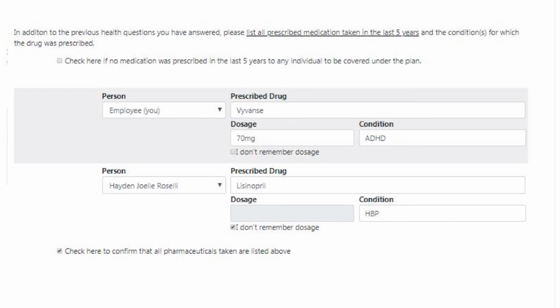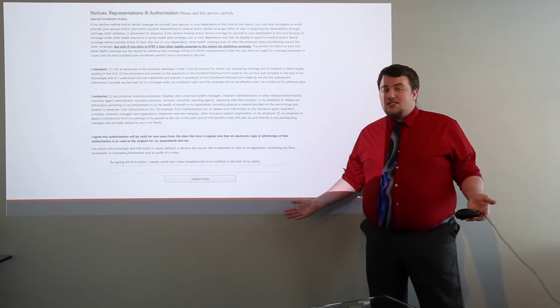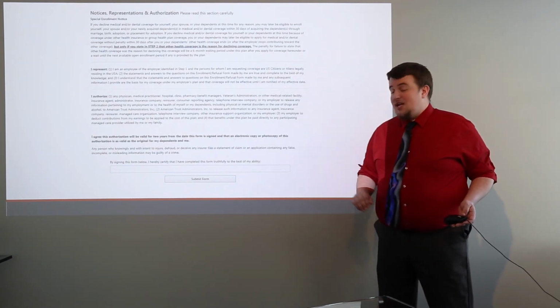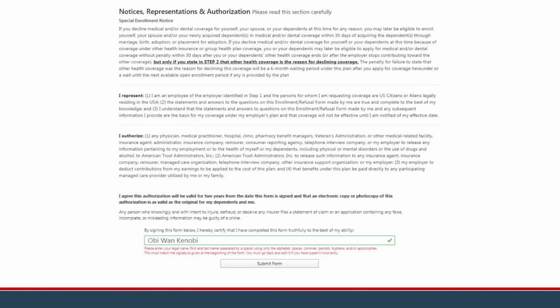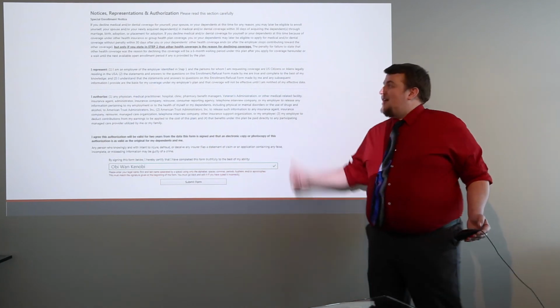Now we get to the end of the form, and it's going to have the same legalese that we have on our paper form. And we're going to go ahead and sign it as Obi-Wan Kenobi. No, we don't like that. Neither does our electric form. You know why? This has to match the signature at the very top. We want the same person who started the form to finish the form. So once we get that signed, it's going to automatically kick us up